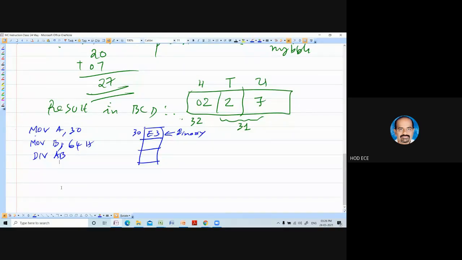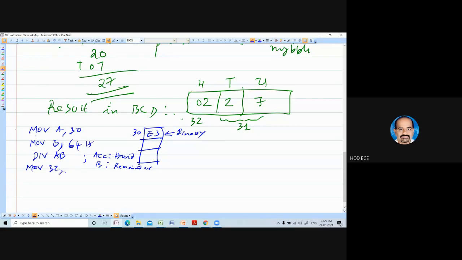So when you do that, what will happen? The accumulator will contain the hundreds, and register B contains the remainder. Whatever hundreds you have, move it to location 32.